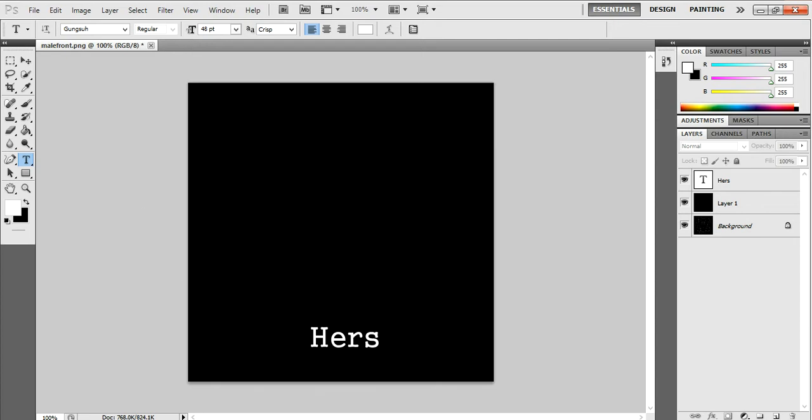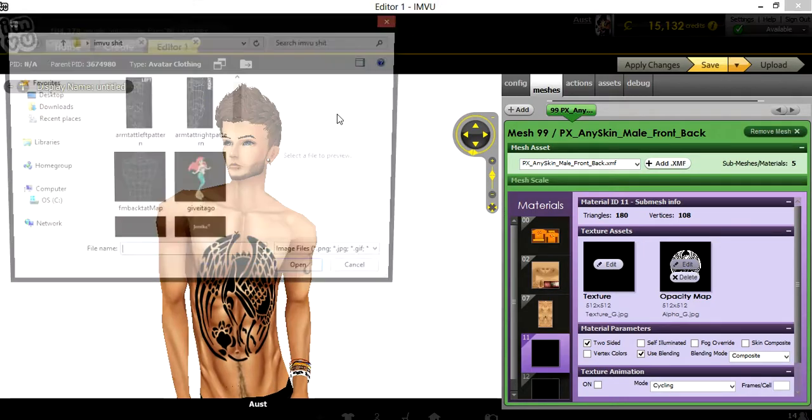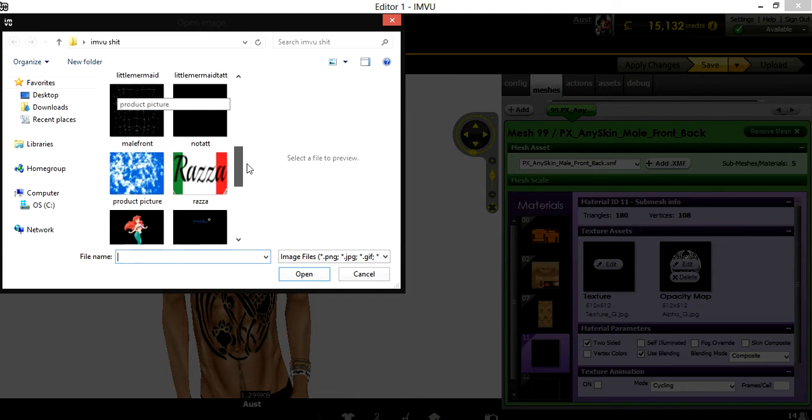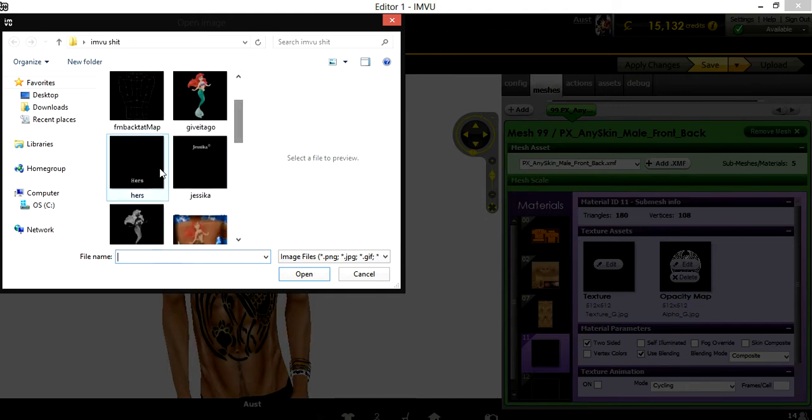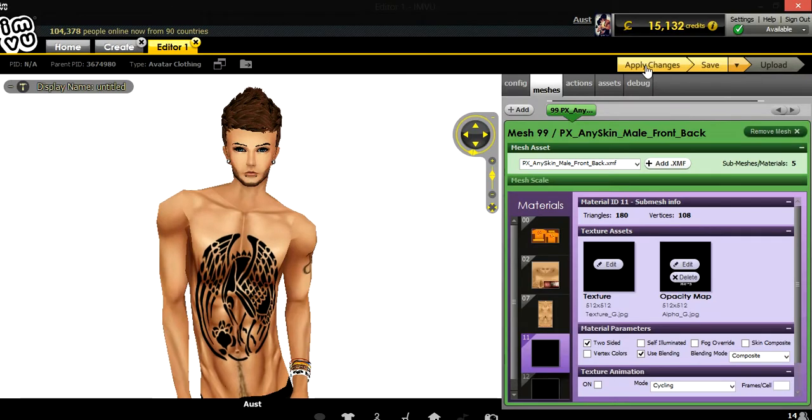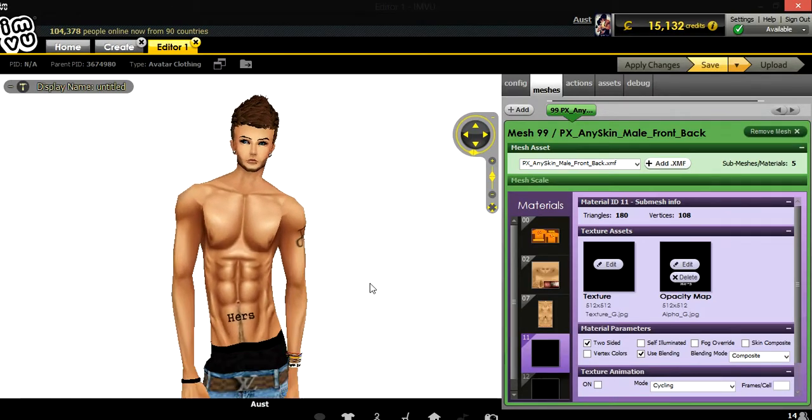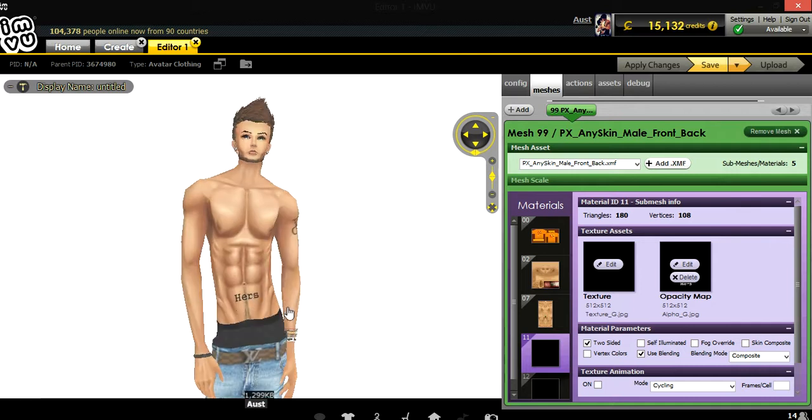And then go back on Imvu, edit, and right there. And then just click your apply changes, and then it shows up. If I had an arrow, I'd draw like a little arrow and point it down. But anyways, there's that. And then if you want to add color, which I'm gonna leave this one in black